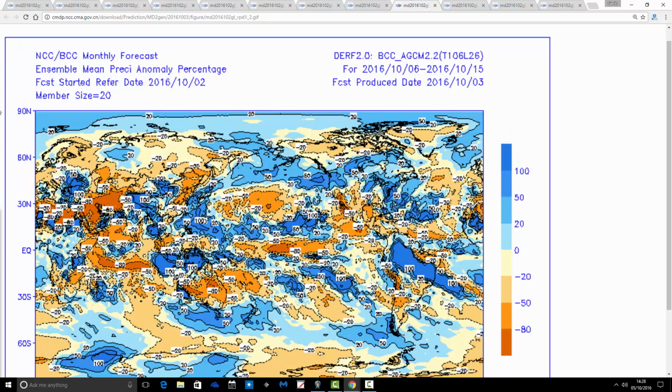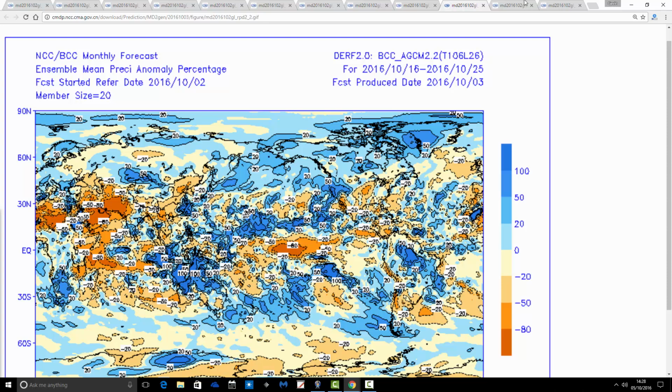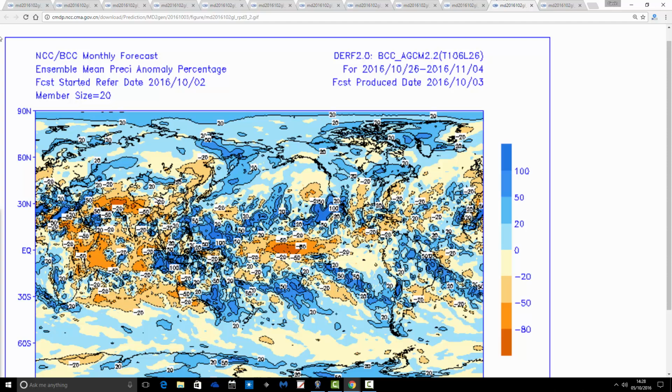Having a look at the precipitation, the coming 10 days, going from the 6th through to 15th of October, is a bit drier than average, and I agree with that. Although it won't be totally dry, there will be showers coming in off the North Sea to eastern counties, but overall, yes, I would expect a drier period. The next 10 days also look a bit drier than average, so again, that makes sense. The Atlantic is being blocked off, so we're not getting those rain-bearing weather systems.